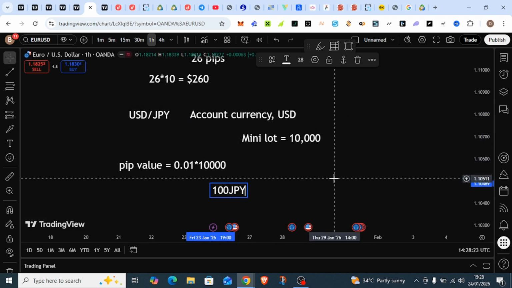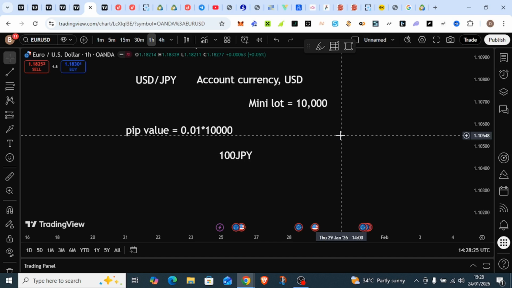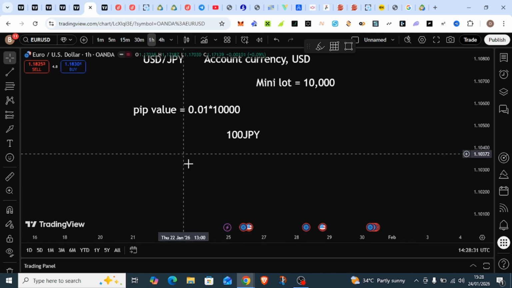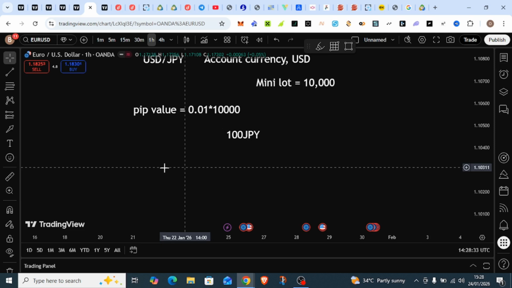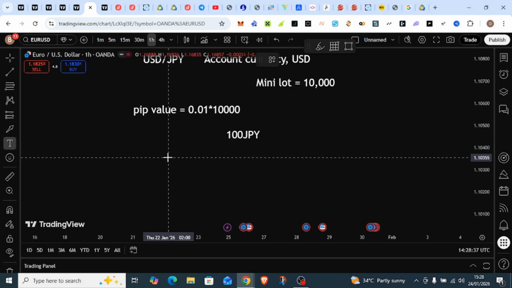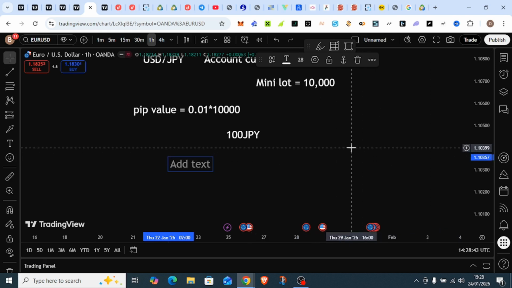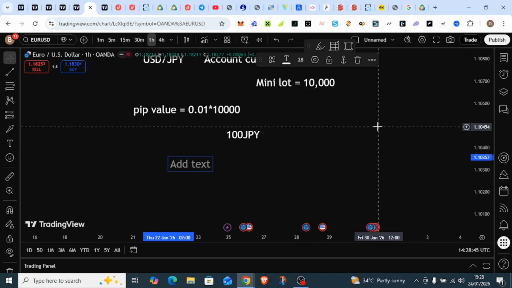How do we convert this? For us to convert this, we need to use that same formula there. So this is what we do now. We have 100 JPY over